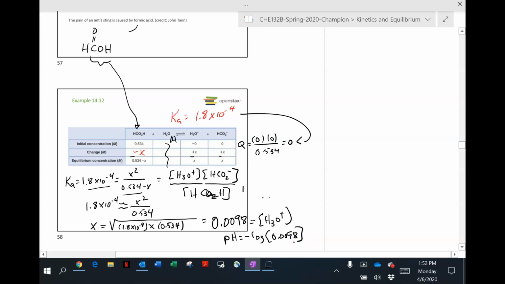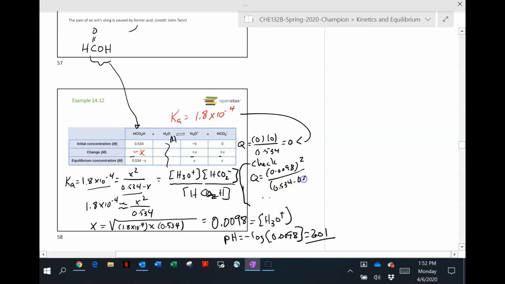And that's going to be basically 2.01. Now let's run that check again. Q is going to be 0.0098 squared over